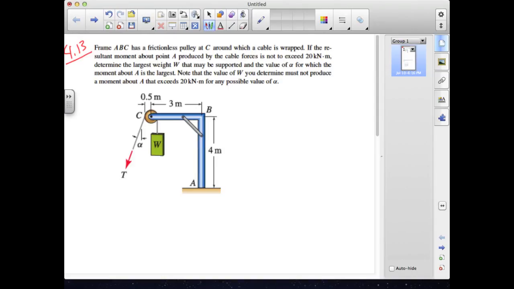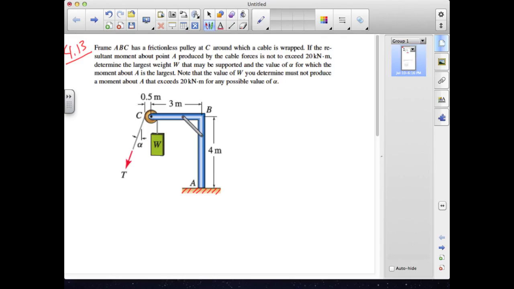We now take a look at a couple of problems from your text, the first one of which is 4.13. Here we have a frame, ABC, that has a frictionless pulley at C around which a cable is wrapped. The frame is secured by being built into some foundation here at A, and we know that the moment produced